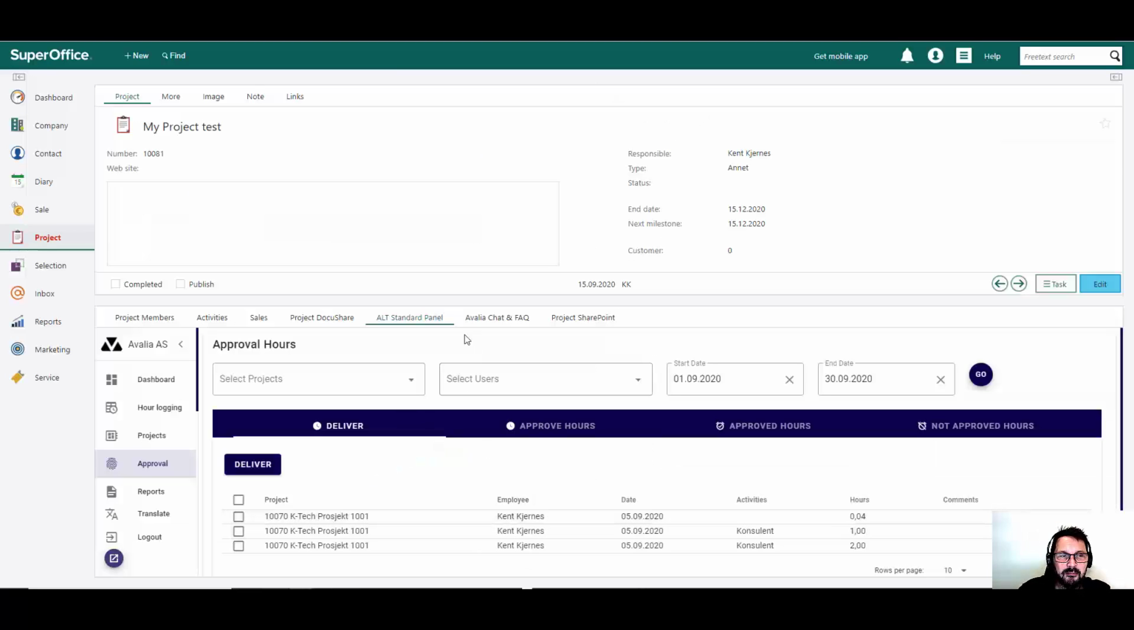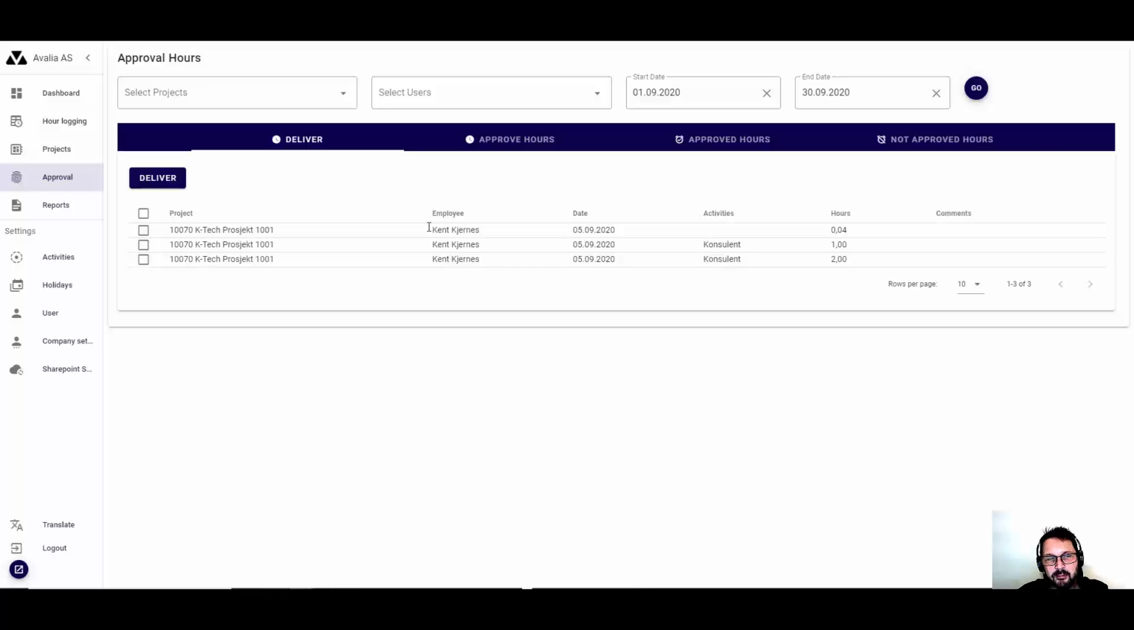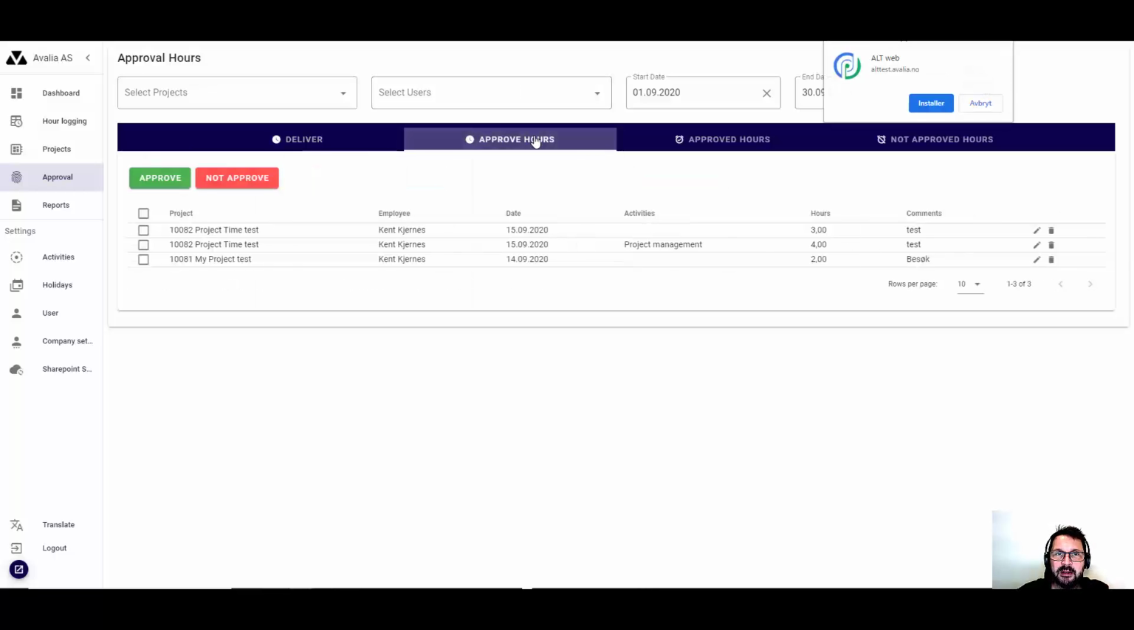I can still go back to work within this tab, but it's better for me to work from here. So, into the approval, I can also approve hours. Of course, I can deliver hours from here. If I have many, I can deliver all of them instead of going one by one, which I did previously. But since I have the role to approve hours, I can go here to approve hours, and then I